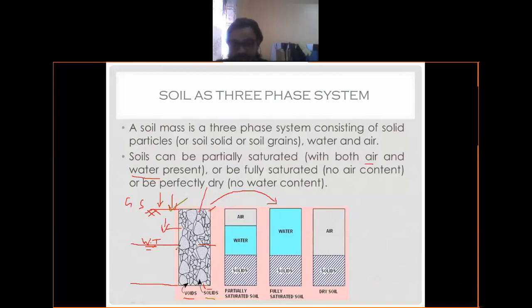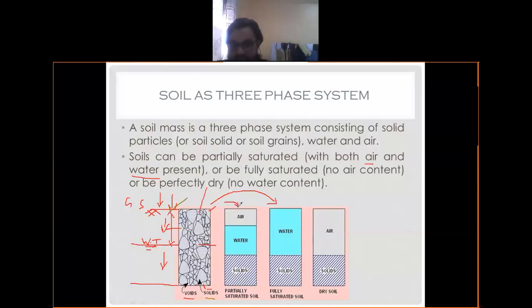Okay, that means below this level, from here to here, the whole voids will be filled up with water. And maybe in the soil above this groundwater level, these voids may be filled up with air. That means this scenario can be represented by this